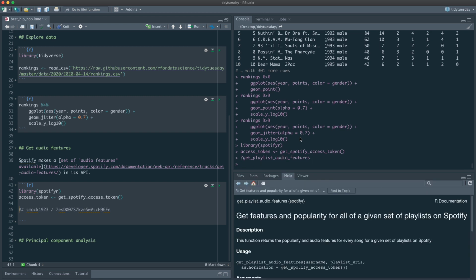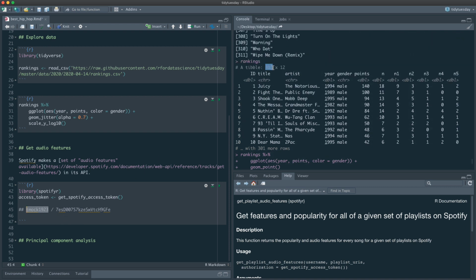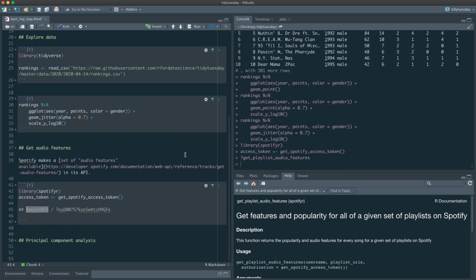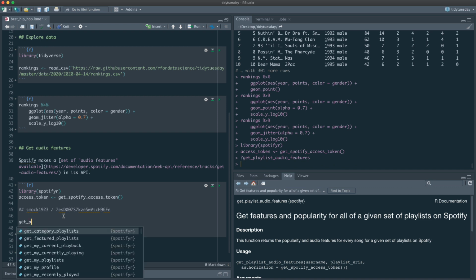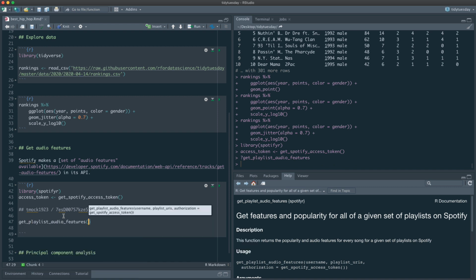One is this function, get the features and popularity for everything in a playlist. And Tom Mock put the 250 of these songs into a playlist, and so we could get all of these. So if we do get playlist audio features, we put Tom's username here, and then we put